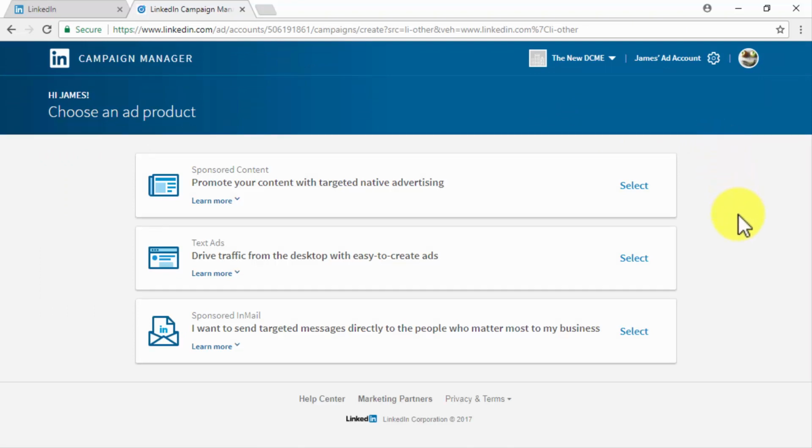Once you click on the Create Campaign button, you will be able to select from 3 ad products. Selecting Sponsored Content will allow you to promote content with targeted native advertising. Selecting Text Ads will allow you to drive traffic from desktops with easy-to-create text ads. And selecting Sponsored InMail will allow you to send targeted messages directly to the people who matter the most to your business. We are going to show you how to create awesome LinkedIn ads with these options, starting with Sponsored